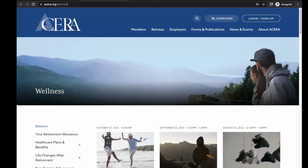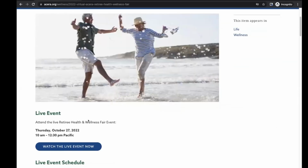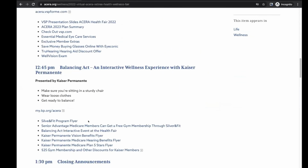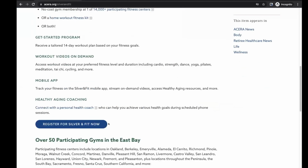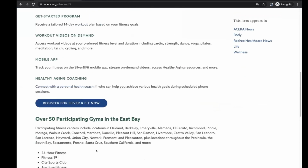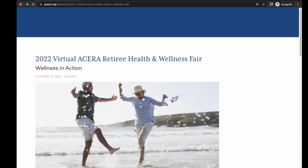Let me show you where to link to that information to sign up for that real fast. If you go out to our health fair page, scroll down to Kaiser, there's a link: Kaiser Senior Advantage Medicare members can get a free gym membership through Silver and Fit. You click on that, that brings you to another one of our pages, and there's more information about the program, and there's a button to register for that. You can even search for gyms by zip code. And there are at least 50 participating gyms in the East Bay